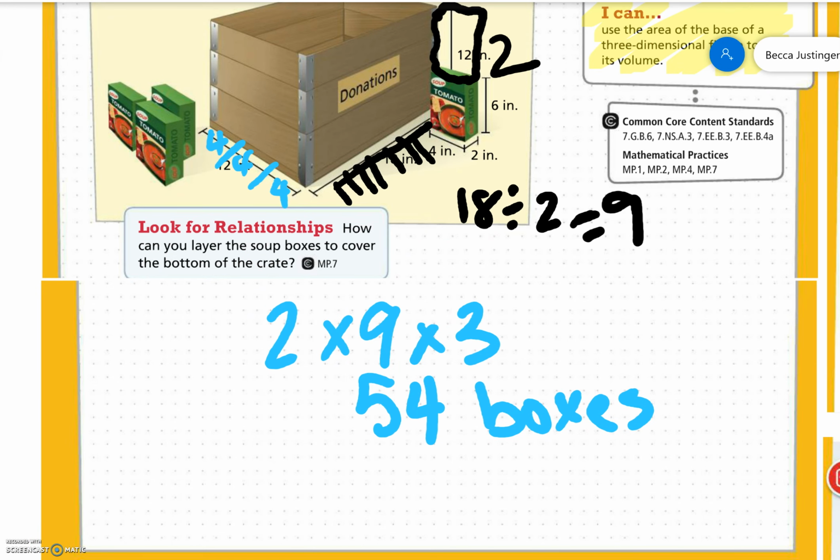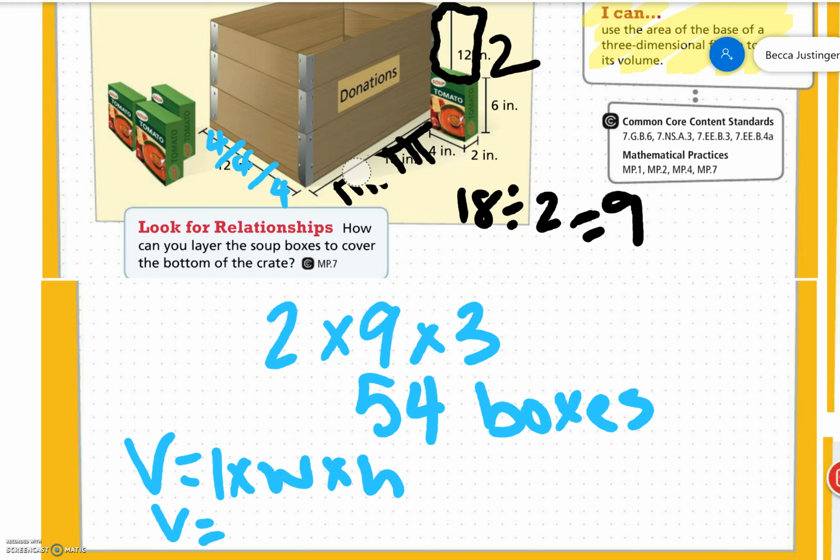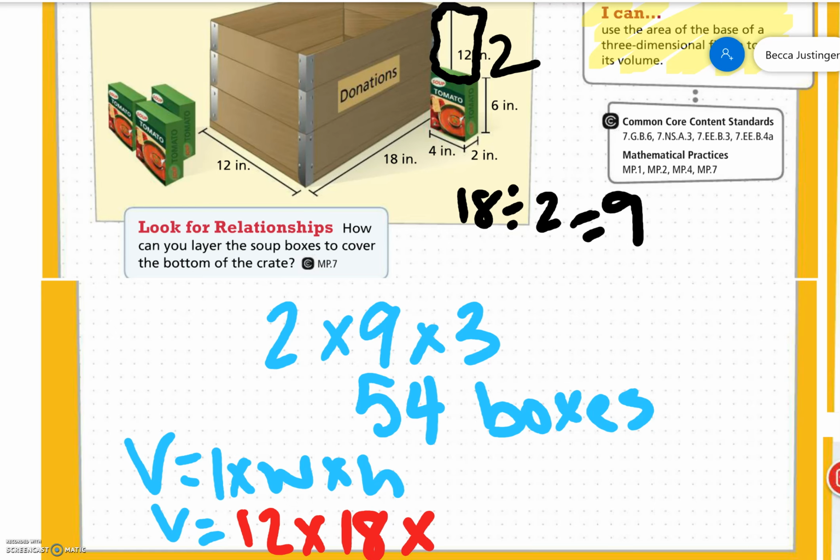Another way I could think of this is to find the volume of that crate. Volume is length times width times height. So the volume of that crate would be, and I can't even see what this was before, 12 times 18 times 12. So get out my calculator. 12 times 18 times 12 gives us